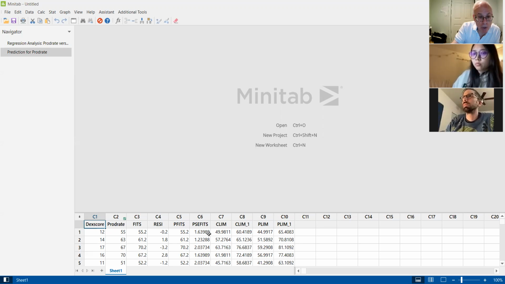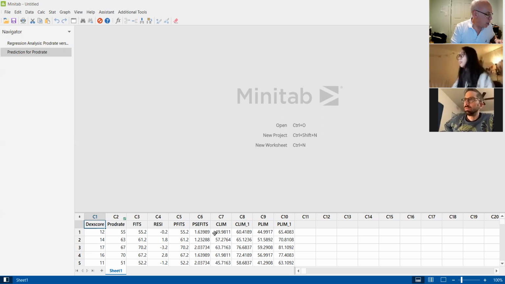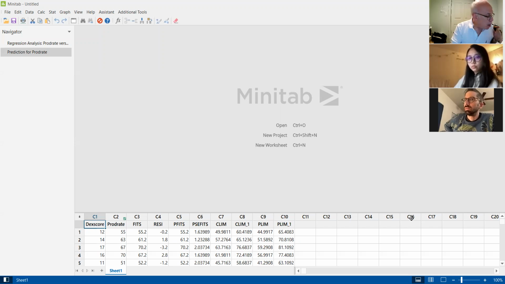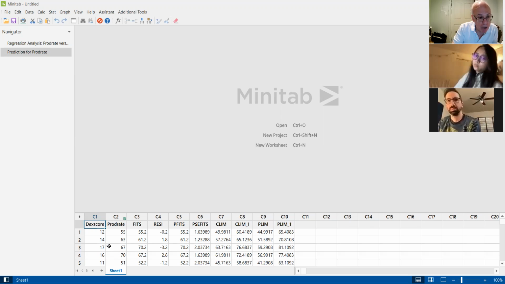Okay. Now, what is this thing here? PSE fits. What the heck is that? So let's go back. Look at the confidence interval for X is equal to... now, one thing we didn't do here, we could put in a value of X in here and it would give us a predicted value of Y, right? We could have entered another value of X in here and it would have given us our limits here. So